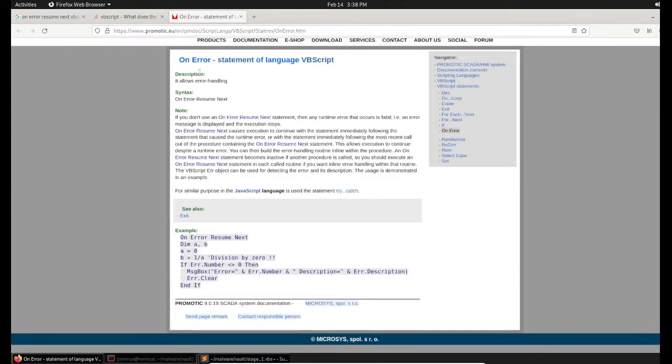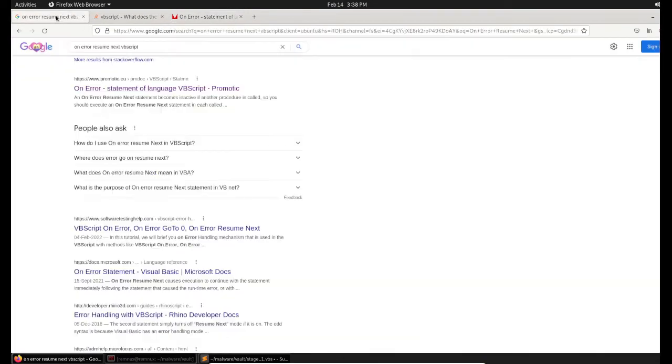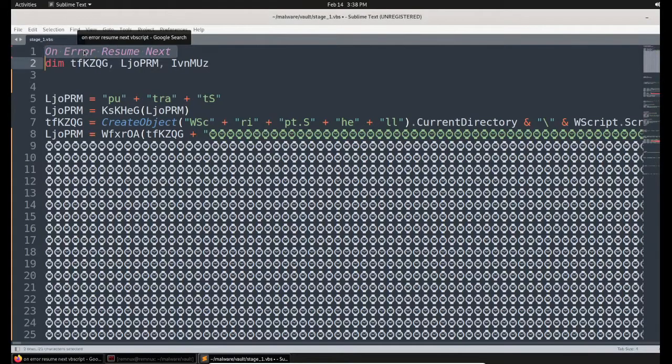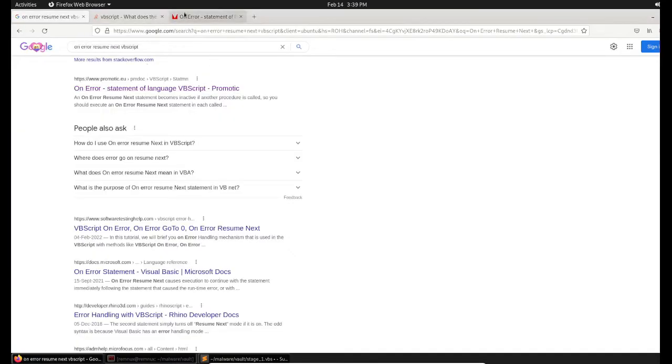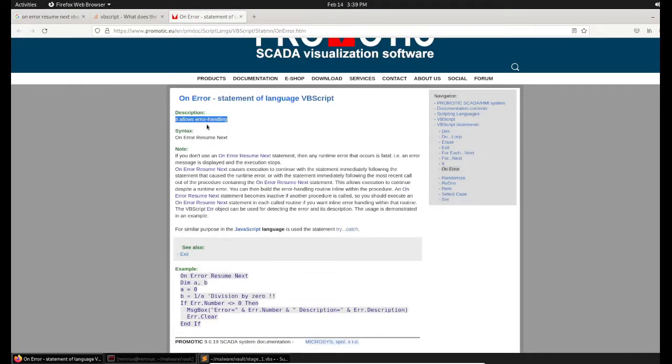Let's read it here. It allows error handling. So this is the particular line used for error handling. On Error Resume Next says whenever an error occurs, it ignores that error and proceeds further. So it's simply an error handling line.